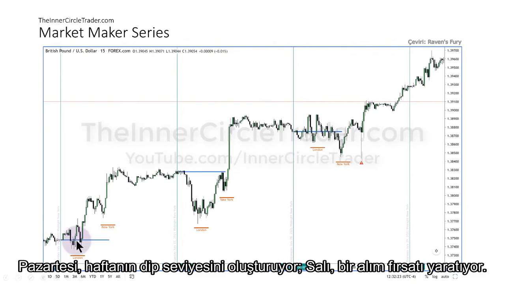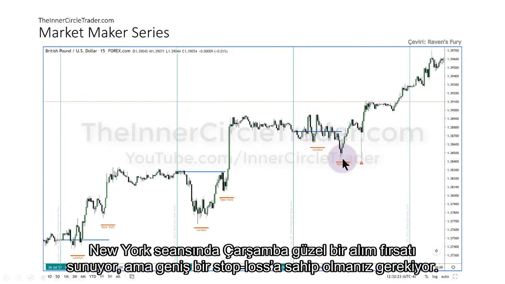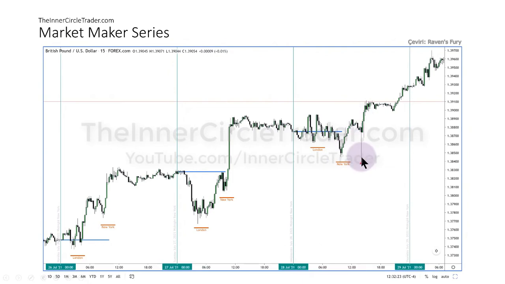So we're looking to engage, if we're bullish, like we were teaching in this series, pound dollars bullish, Monday creates the low of the week. Tuesday creates a buying opportunity. New York on Wednesday, nice buying opportunity, but you have to have a wide stop. And if you get stopped out here, you can use, obviously, other approaches to getting involved with the marketplace